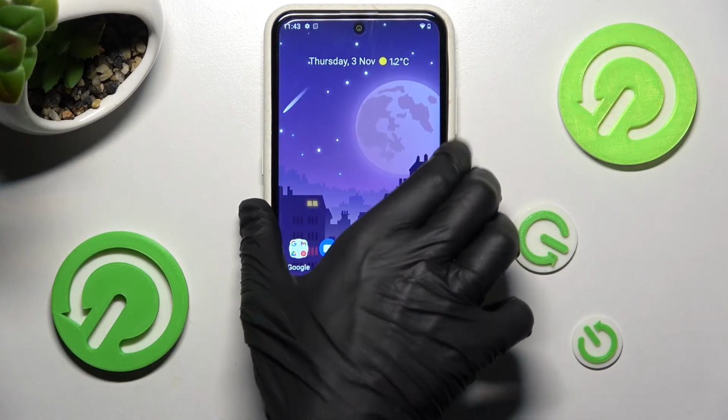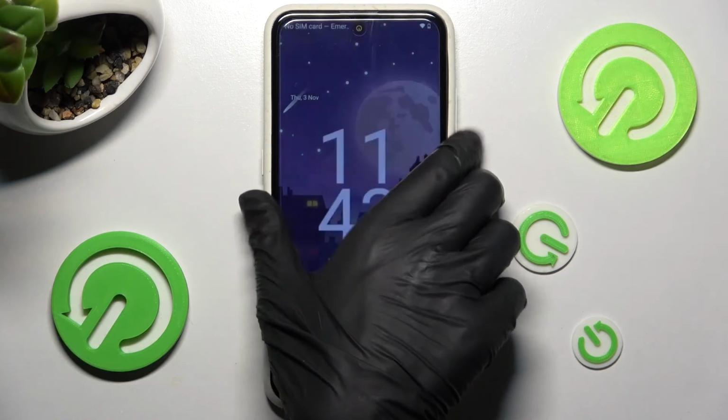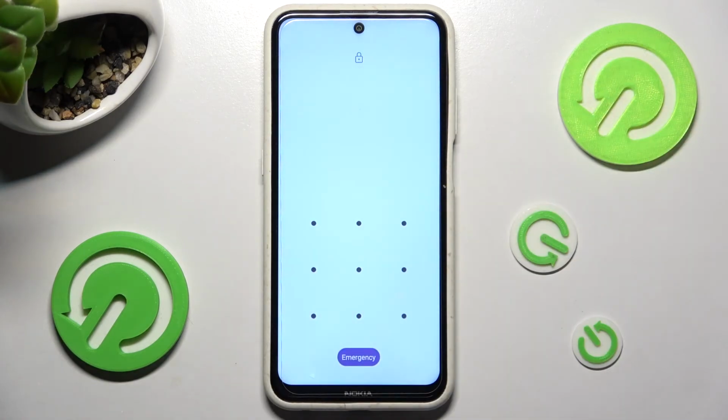Now when I turn off my screen and then turn it back on, as you can see, pattern is now